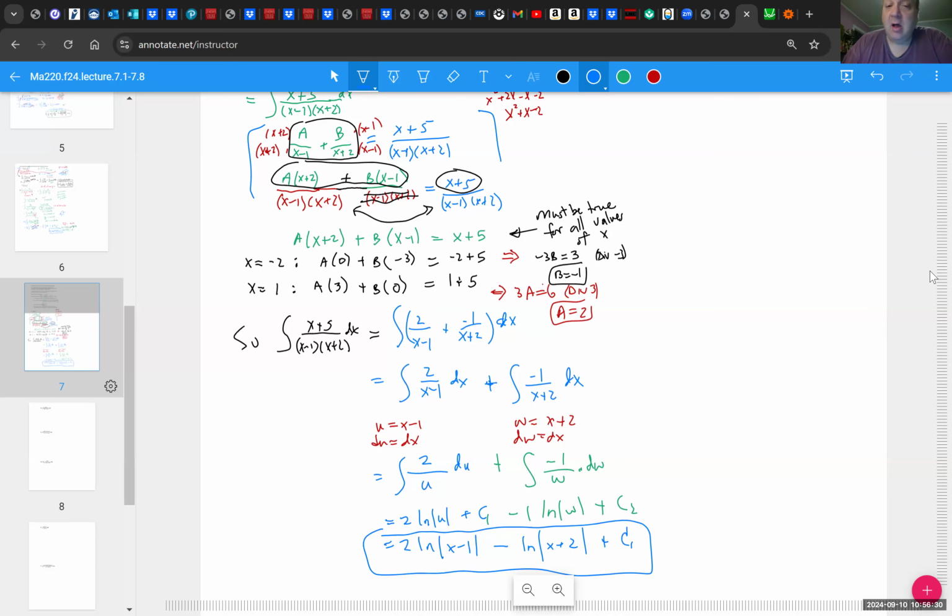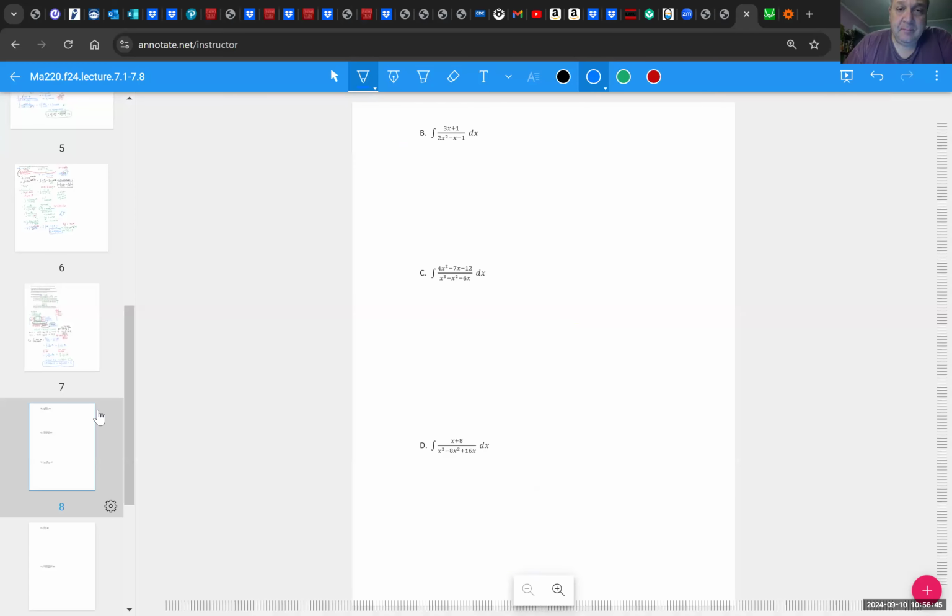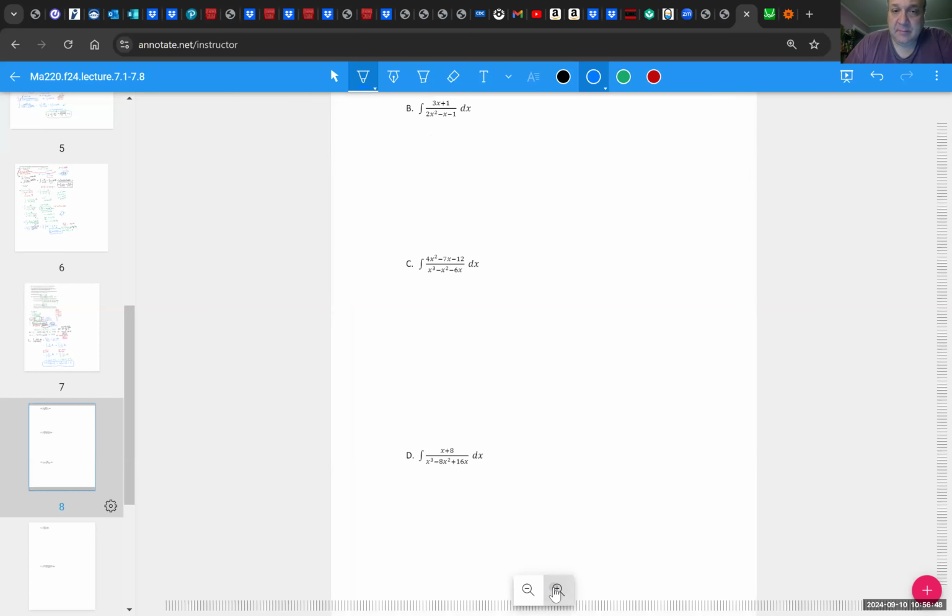All right, so that's how all of these are going to work. Obviously, there's twists and turns and things that make it more complicated. That's what I'll be showing you in the next several problems. But this is the nuts and bolts of how all of these problems work. Okay, so let's do some more examples of these. So, next example,